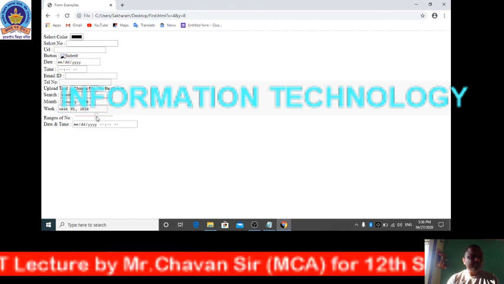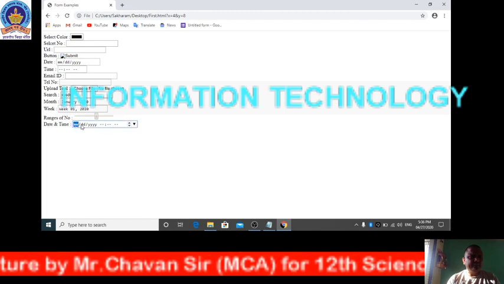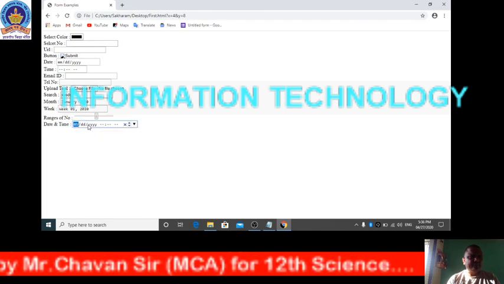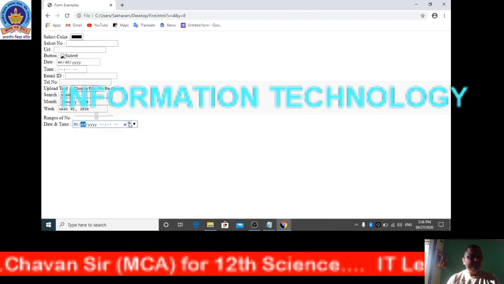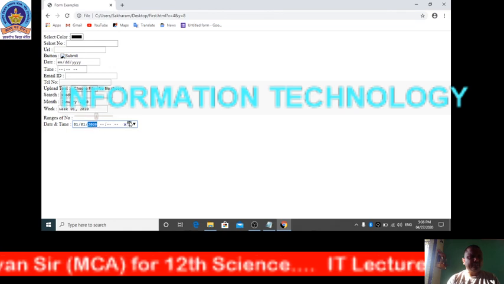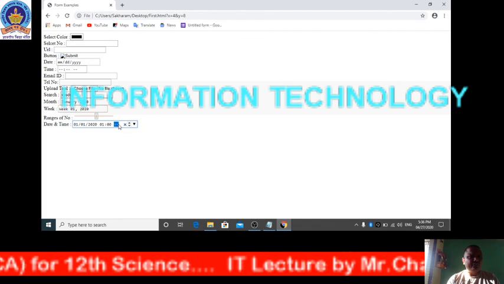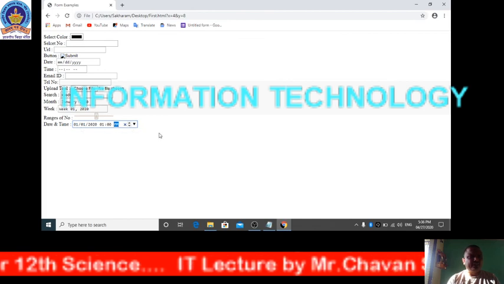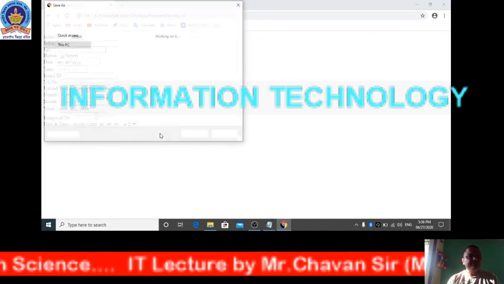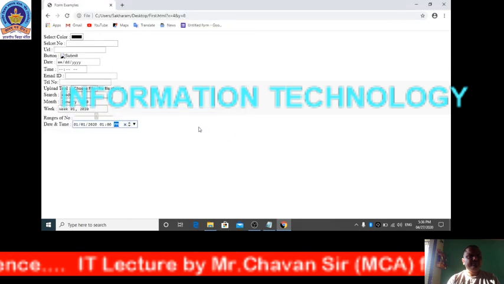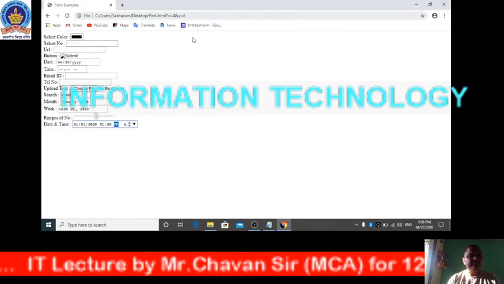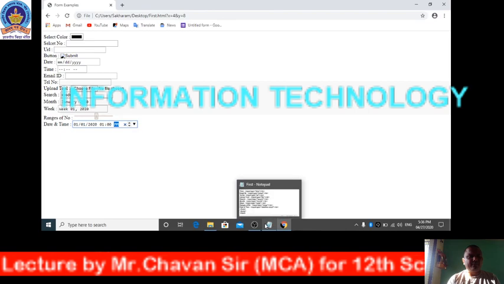This is the range of numbers we are selecting, and this is the date and time displayed in a single declaration. Like this, you can browse, click on this arrow and select. These are all the form controls we can use in HTML5.